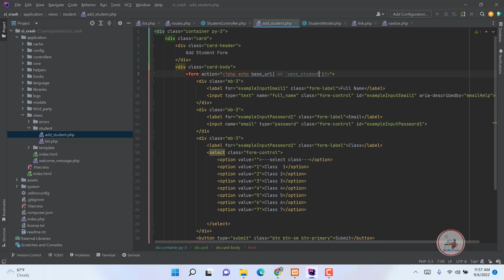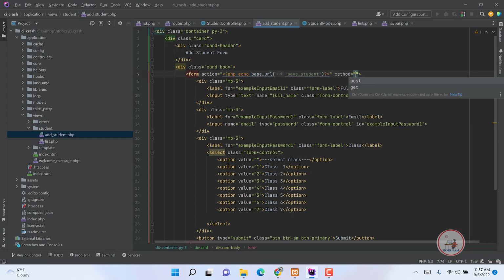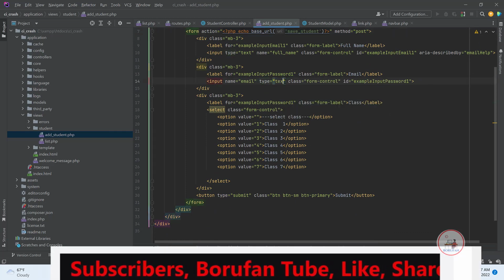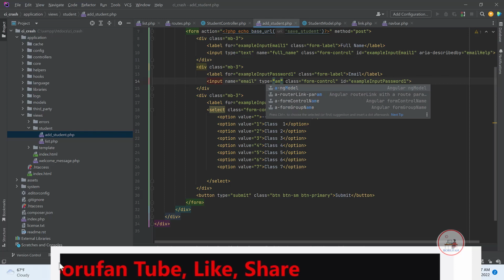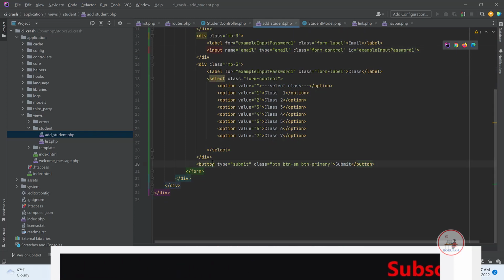This is method post, save, then type this is text or make email, then save this, save,